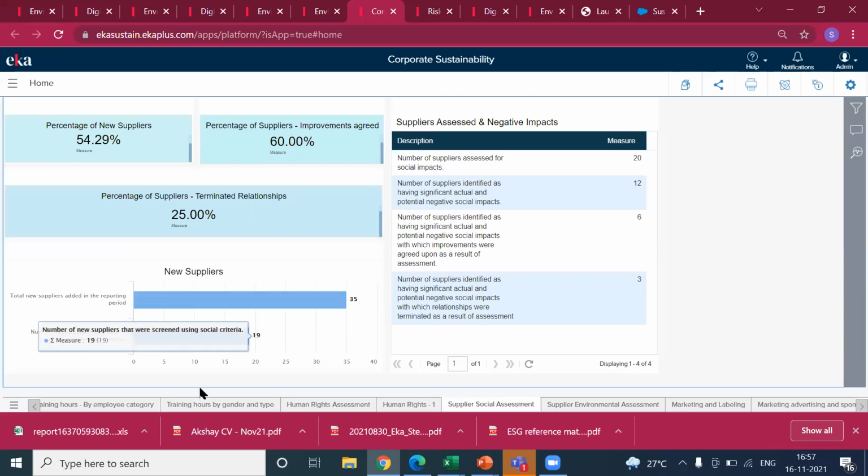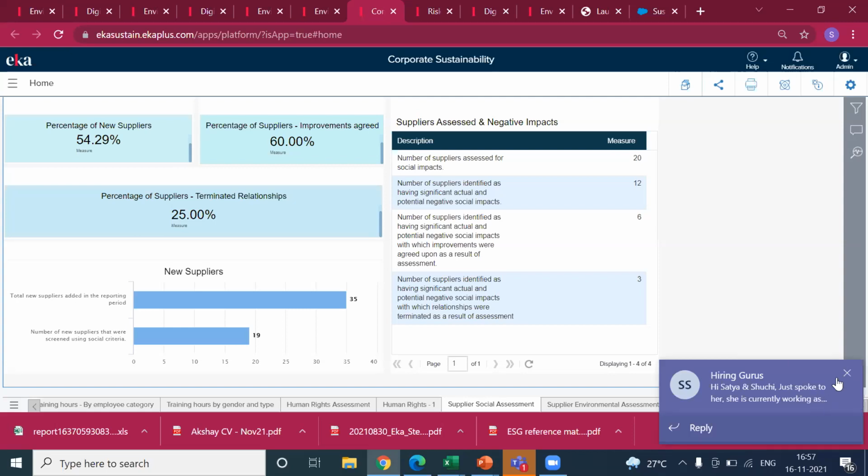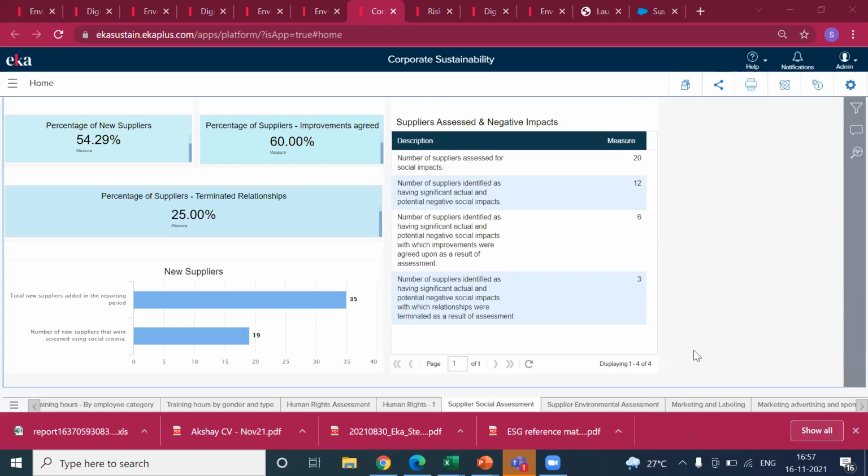So, you know, of course, we can deep dive into several different dashboards, but this was a quick summary of a few dashboards. We have about 100 different dashboards out of the box configured for a multitude of different frameworks. But in a nutshell, I wanted to showcase to you the power of instantaneous ability to bring in out of box